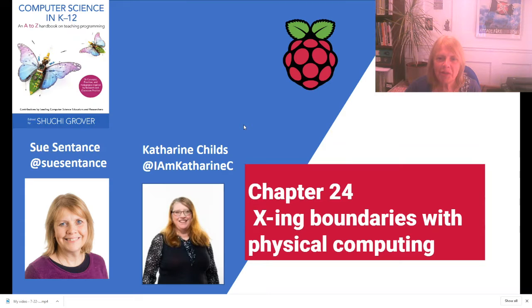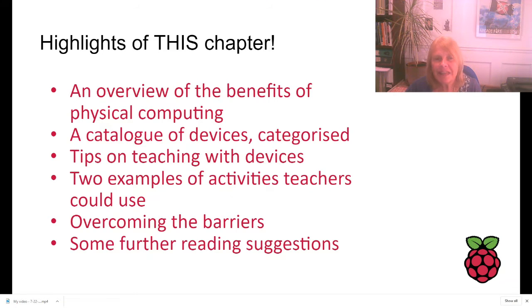We're delighted to share with you a brief summary of Chapter 24 of the Computer Science in K-12 book. This chapter is called Crossing Boundaries with Physical Computing, and it's by me, Sentance, and my co-author Katharine. We're both from the Raspberry Pi Foundation. We'd like to share with you some of the highlights of this chapter and what we think teachers will really